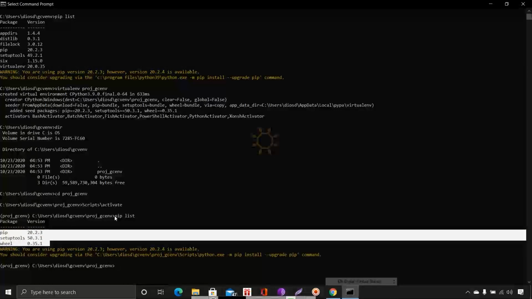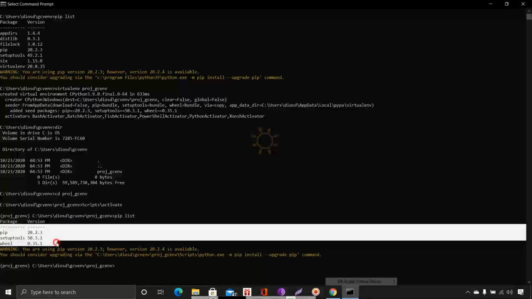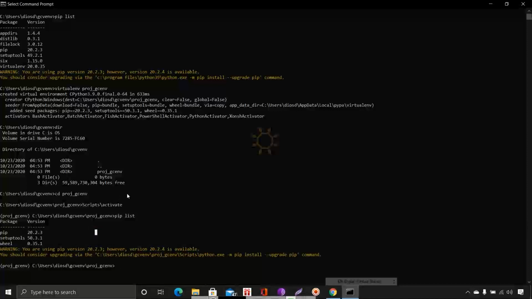This means the Google Cloud virtual environment has been created in this folder with these packages. By default only these three packages. You can add whatever package you want using pip install, such as matplotlib or numpy.